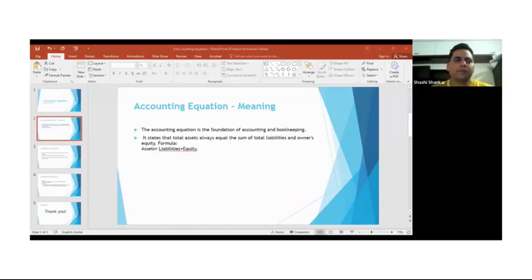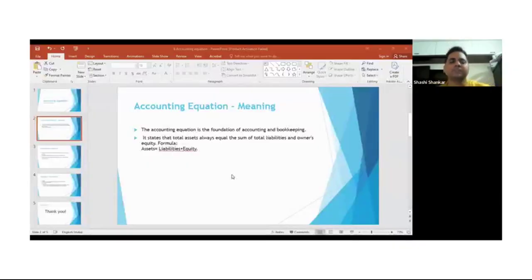And this is more important when we are starting or recording any kind of transactions into the books of account. Okay, so if you're talking about the meaning, how it is useful